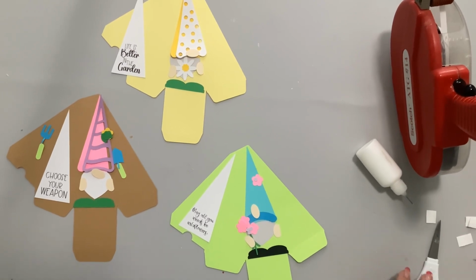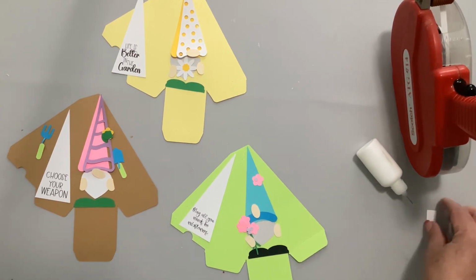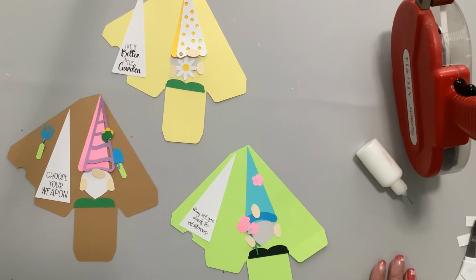Now I did these for St. Patrick's Day and they were a lot of fun. I had some emails, people said that they really enjoyed them, and so I decided to do some garden gnomes for spring. I love spring, I love flowers, I love the little gnomes, and I just thought this would be a fun project. So I have 3 of them and we will go ahead and just jump right in and